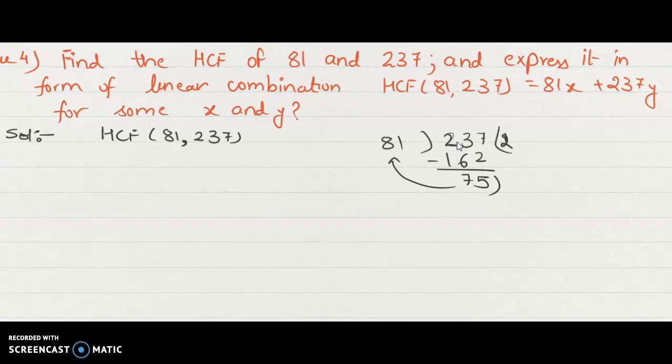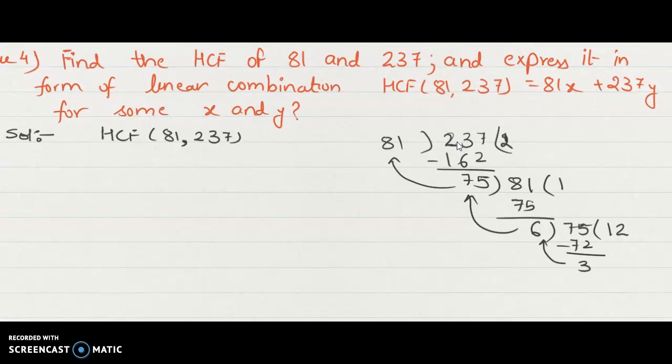Now we are going to divide this by 81. It goes 1 time. 1 75 is 75. 11 minus 5 is 6 and 7 minus 7 is 0. Now again the remainder is non-zero, so it will divide the divisor. It becomes 12 times. We know that 6 12s are 72, so we will get the remainder as 3.